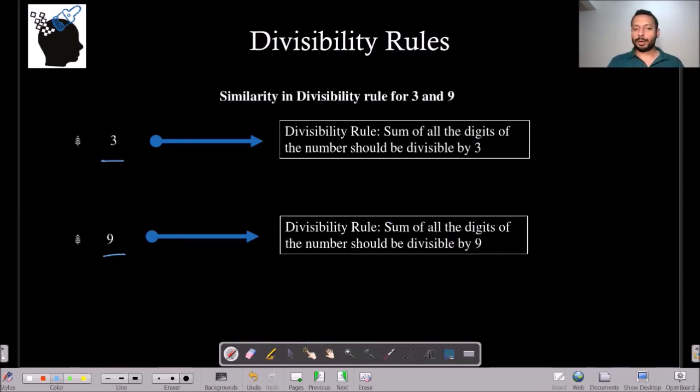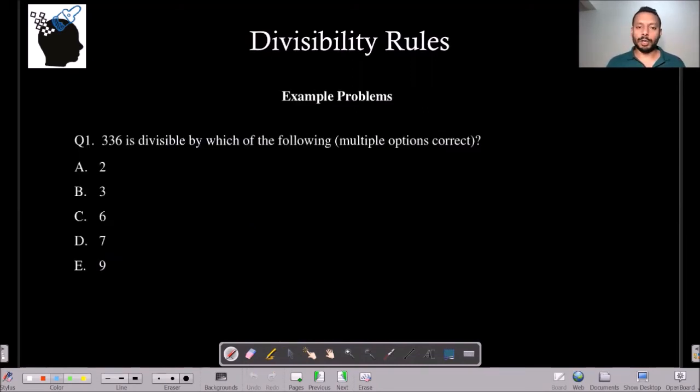Now with this background of the divisibility rules for all the numbers, let's quickly go ahead and try 2 problems and see how to apply these divisibility rules. So you can pause the screen and give it a shot. Once you are done, resume the video and check your answer. Hope you have solved the problem by now. Let's give it a shot.